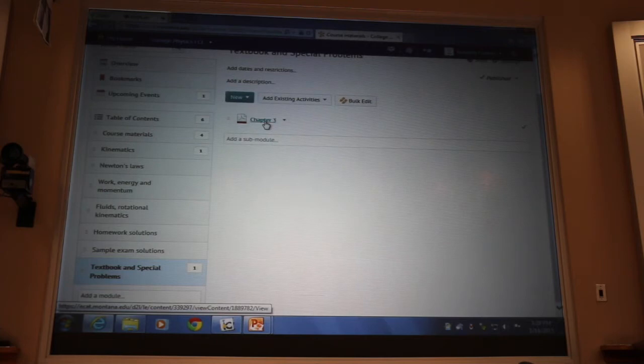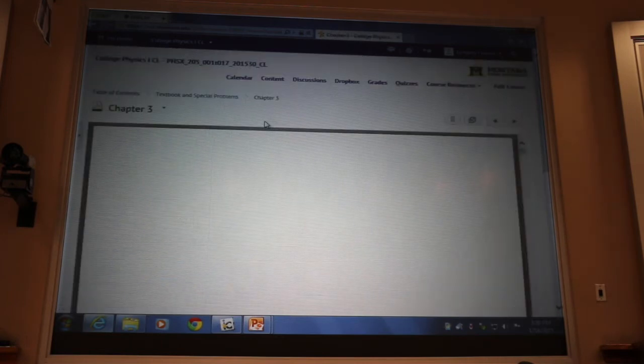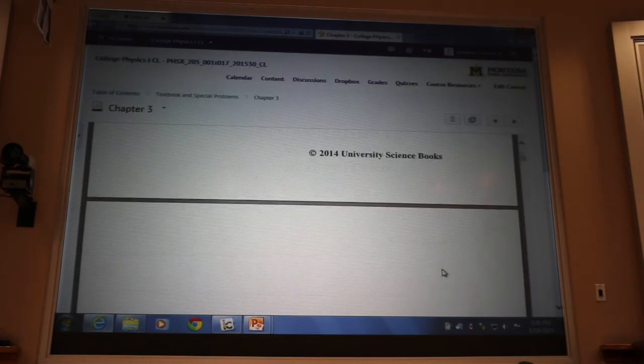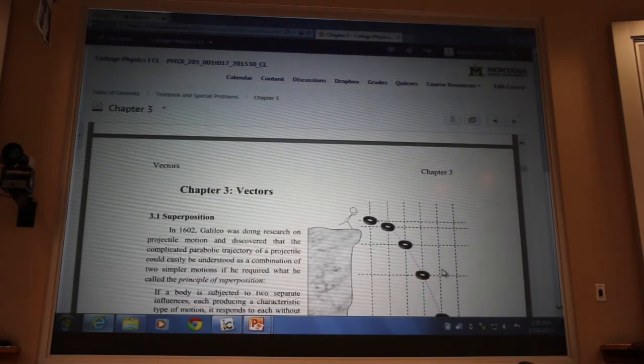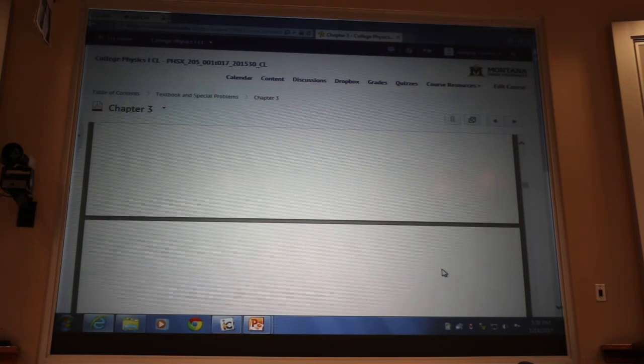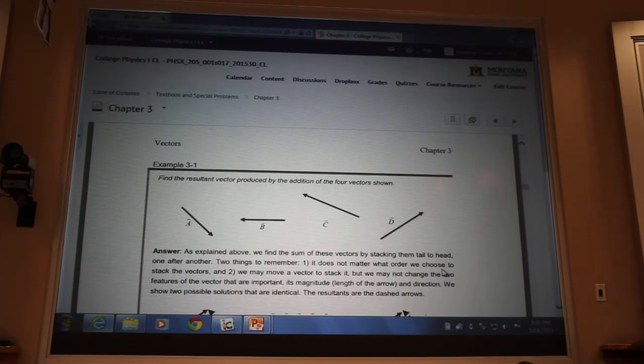And for reasons that I don't want to get into, that's back in chapter 3. That's the way most people cover it. They wait until chapter 3. I want to jump right into there, okay? It used to be chapter 1 for me, but we're going to start with chapter 3. And if you click on that, you'll get the PDF. You're right there on chapter 3. And at the end of the chapter, you'll have the homework problems. Okay.